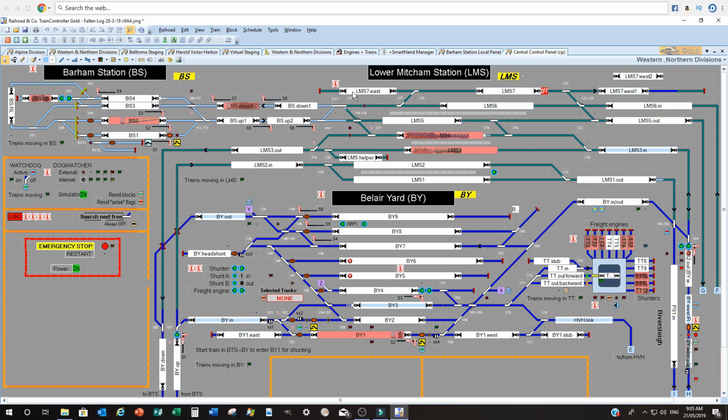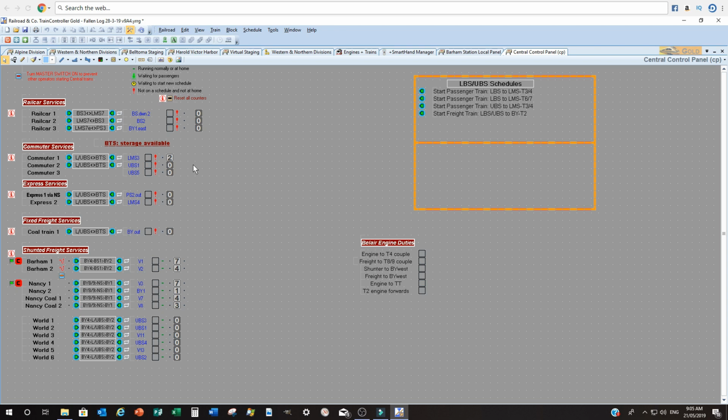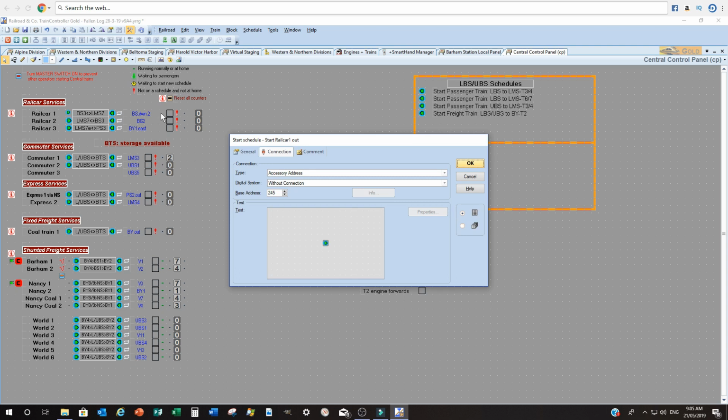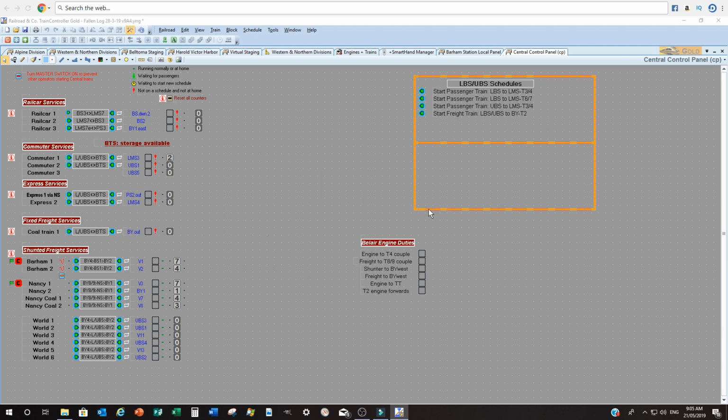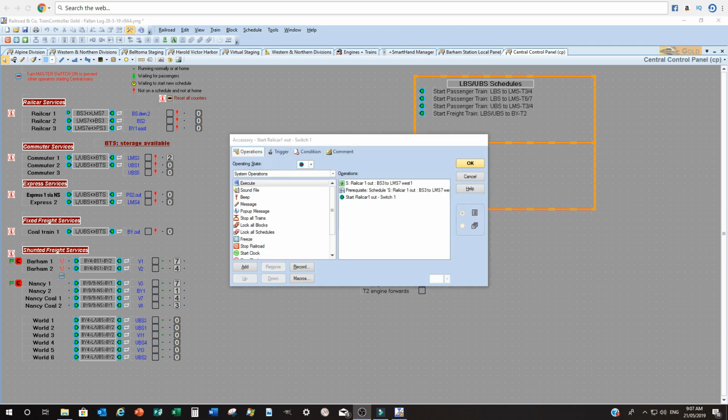I'll go back to the central control panel, and I'll open that extended accessory back up. Alright, so we've got our unique address. How do we get into the properties? We go into there and open it up at that point with the properties button. Before we dive into